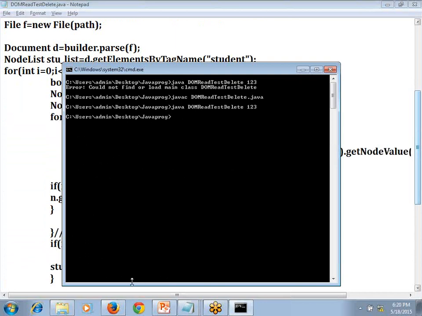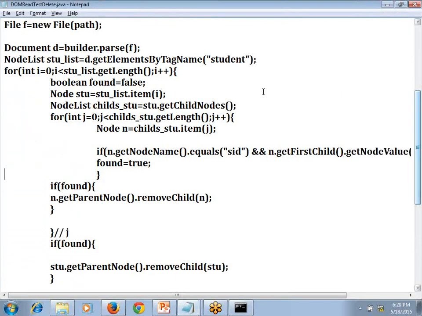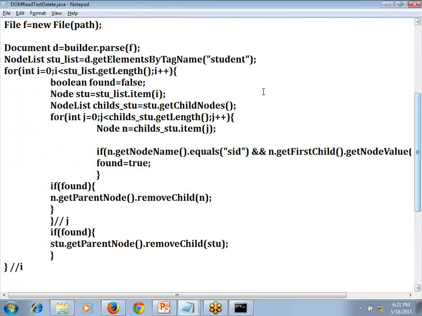Now open the XML file. So that 1, 2, 3 student record is removed. So what is the logic? Right now,